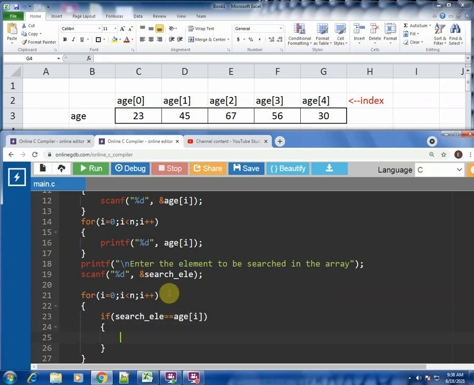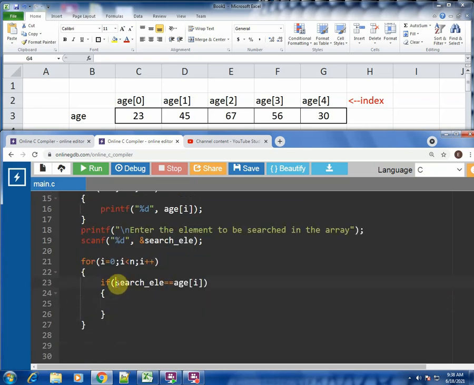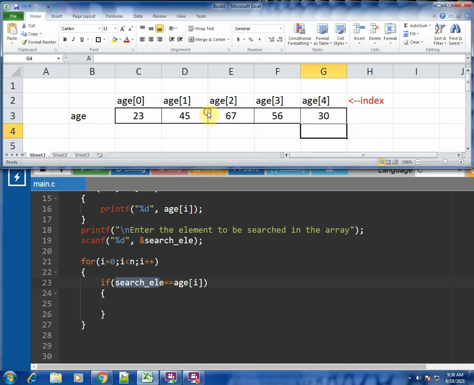So basically, as you see over here, this search element, suppose say in this example, it is say 67. So first time 67 will be compared to 23. Is 67 and 23 matching?